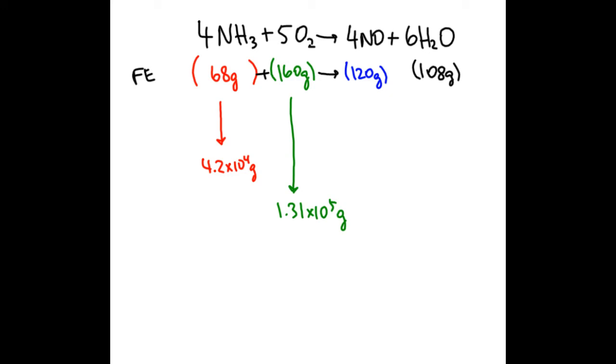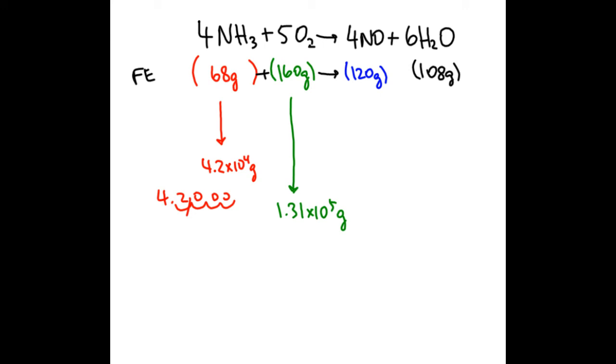For letter B in number 12, we have different amounts of grams of the two reactants. It's written out in scientific notation, so just be careful how you do it on the calculator. And when you see that it's 10 to the fourth, another way of writing this out, you would just move the decimal place 4 times, period, not 4 zeros. So you would go 4.2, 1, 2, 3, 4. So you should have 42,000 grams